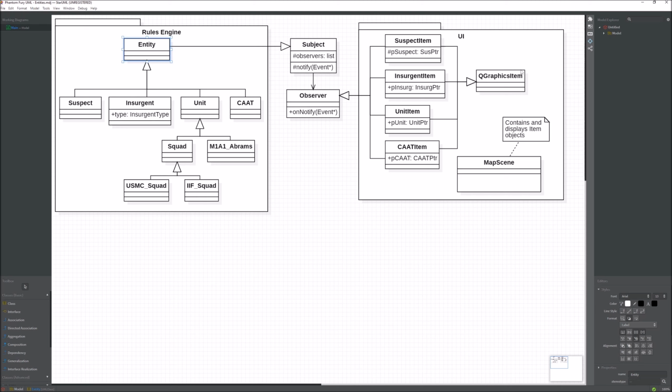And on receipt of the move squad event, the unit item updates its appearance, updates its position in the scene to the new location. So that's kind of the gist of how state changes are communicated from the rules engine to the UI. As far as communications from the UI to the rules engine, and of course those communications are predominantly user